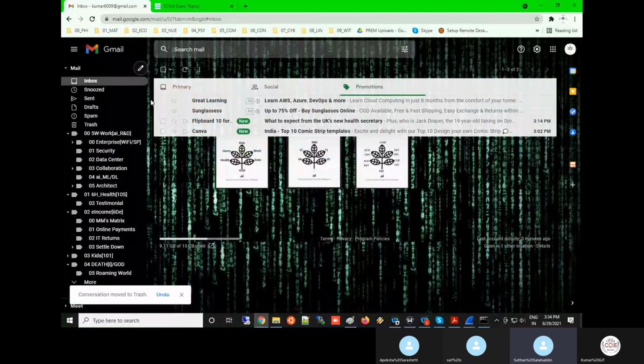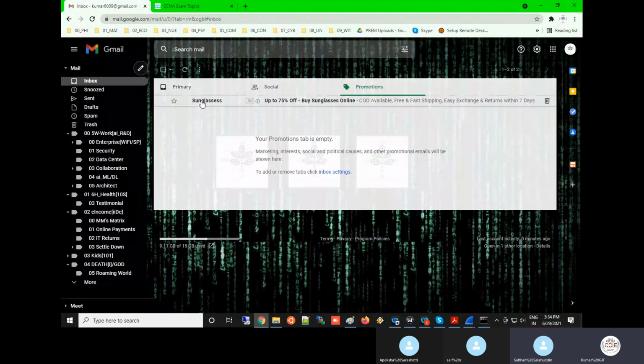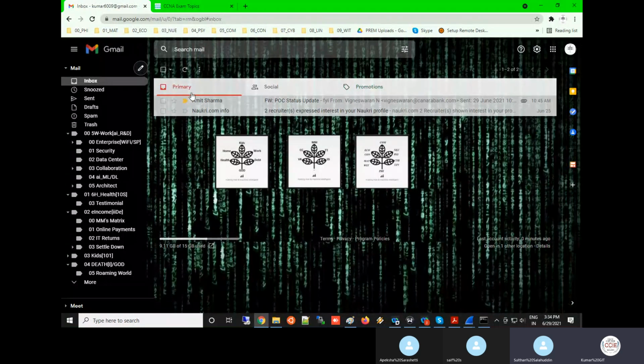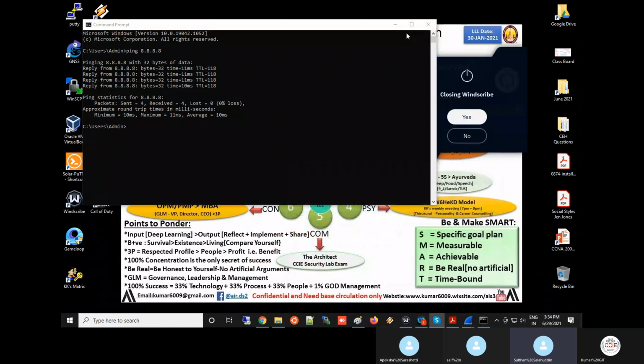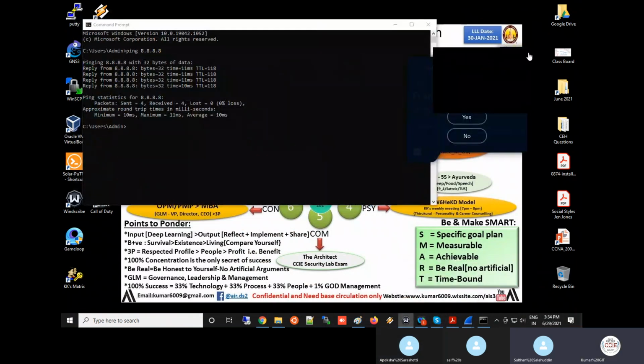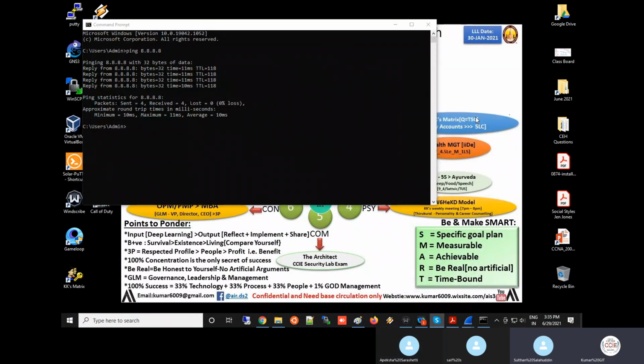Forwarding and switching, sir. When the packet comes to the switch, at packet level, what will the switch do? It will check for which MAC address the packet is coming, sir. Source or destination? It will check the destination, sir.